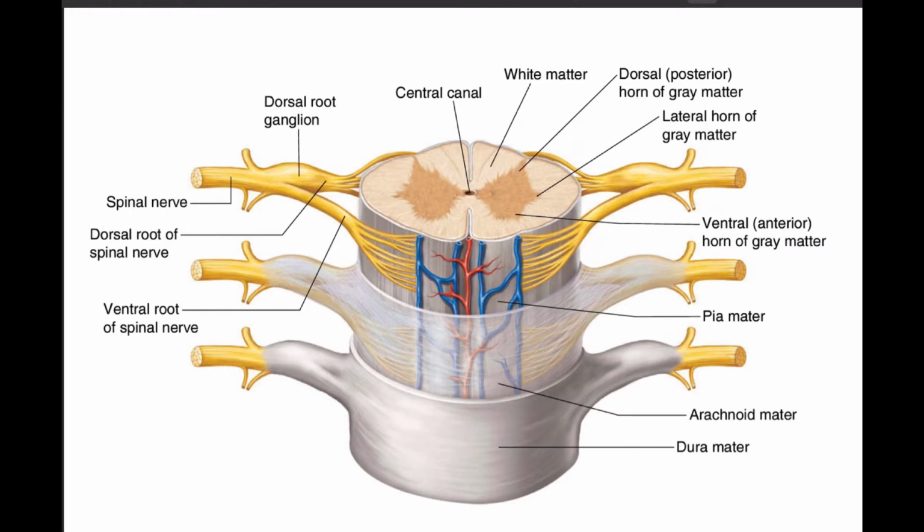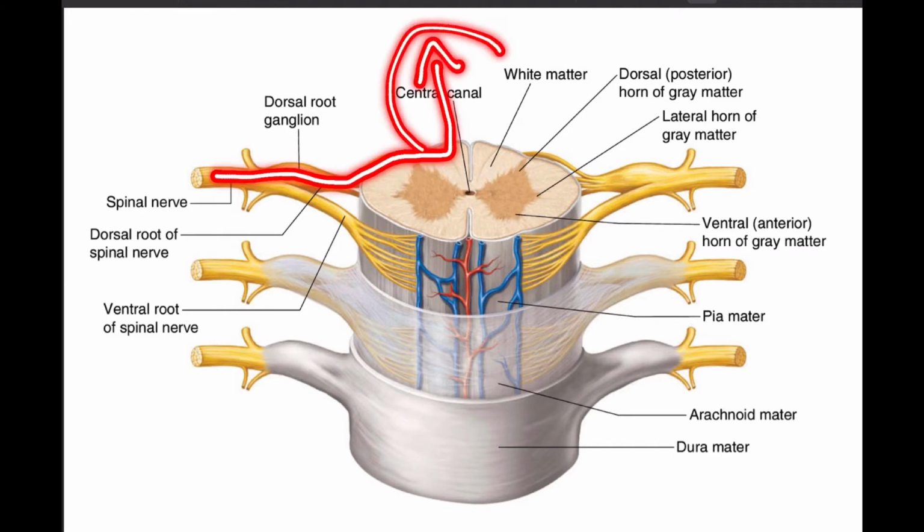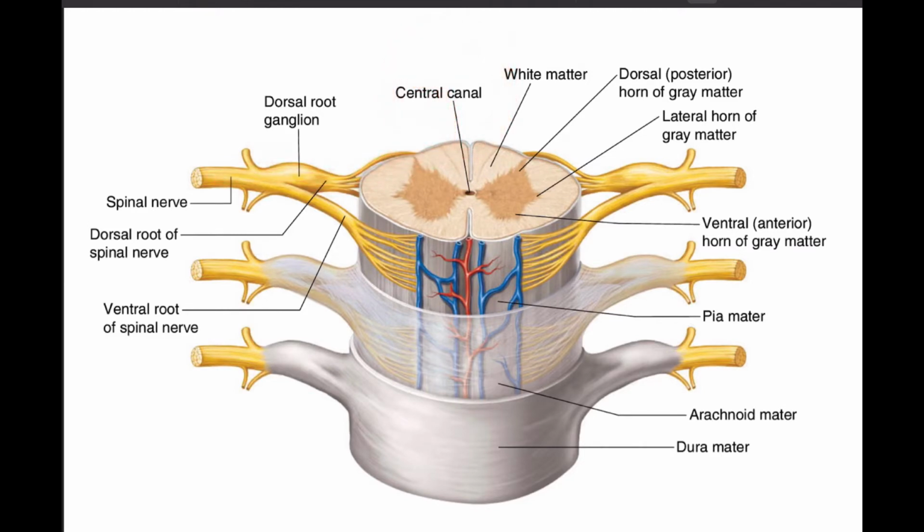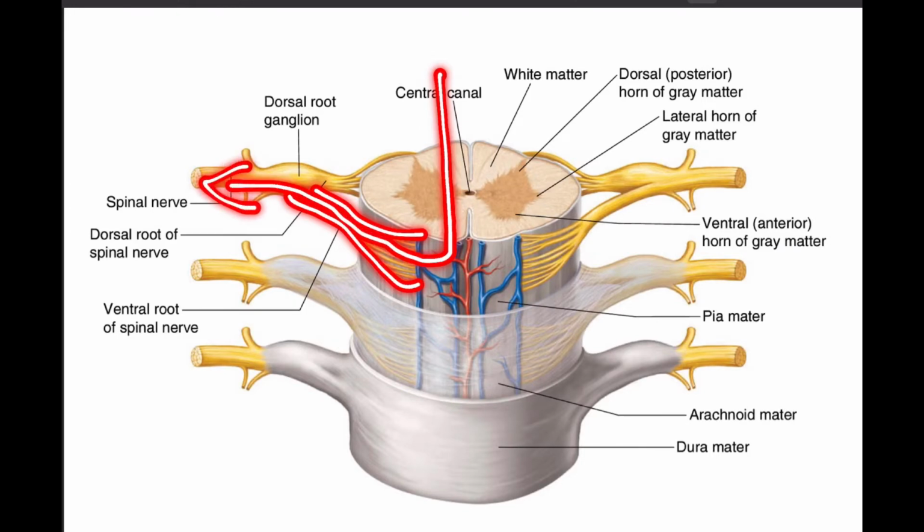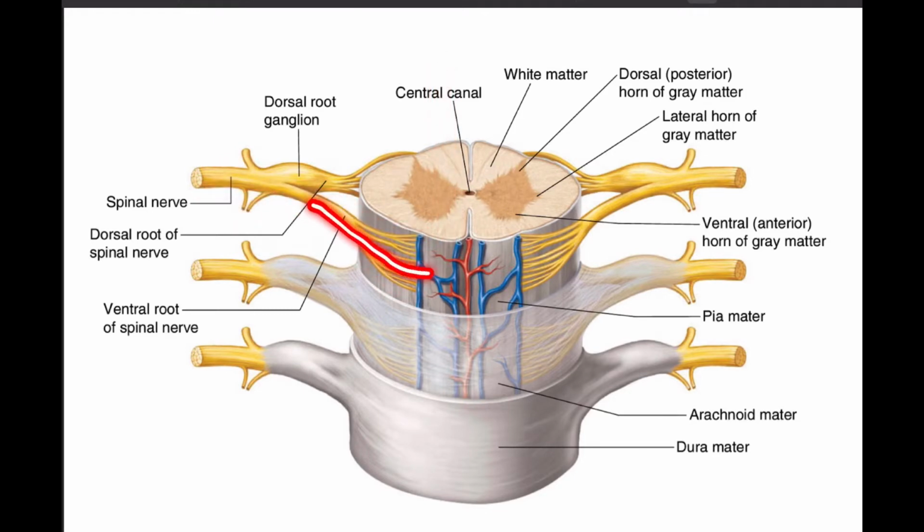We have discussed already that in the dorsal root you have only the sensory nerve fibers going through the dorsal root to the central nervous system. That is, you have only the ascending tract in the dorsal column or dorsal funiculus. But in the ventral root you have motor nerve fibers from the central nervous system passing to the rest of the body, and also note that you also have some sensory nerve fibers passing through the ventral root.